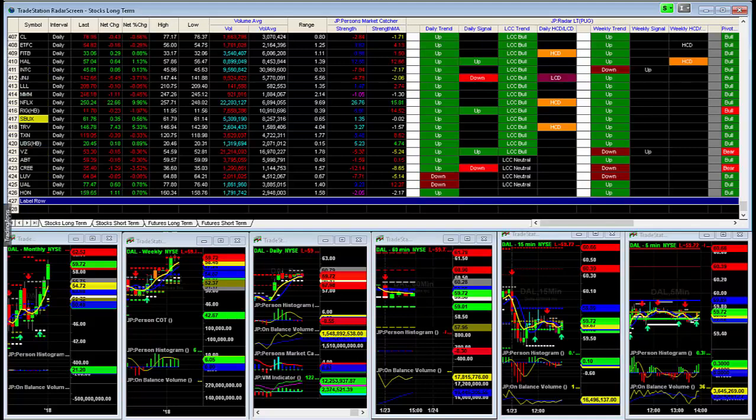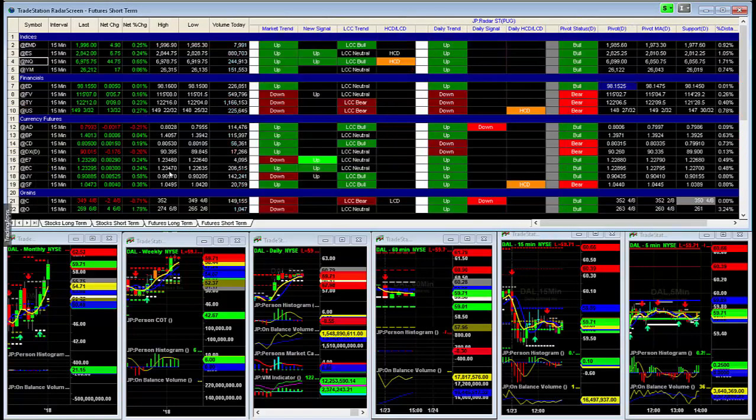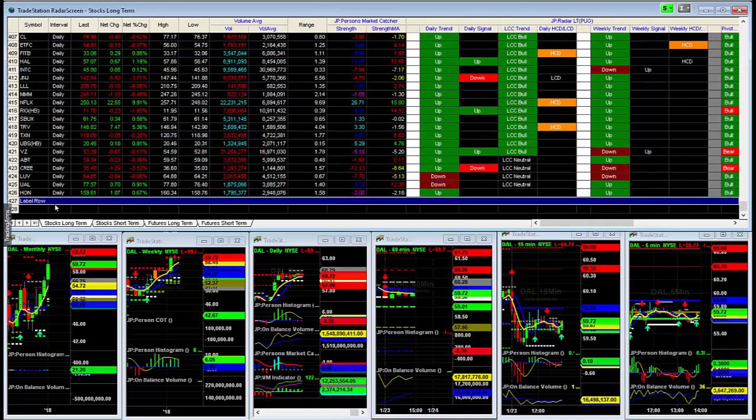All right? Now, let me go in and share with you how to better utilize the radar screen so that you don't overload your system, but you may be able to get better trade signals with multiple time frames. All right, you can see where I have 426 stocks, but on short term I have 384. Plus futures short term. So I have a lot of quotes.